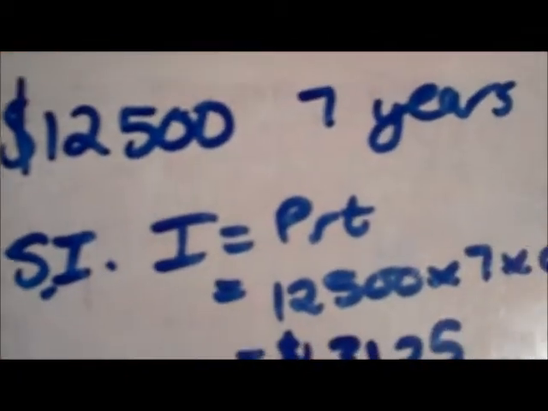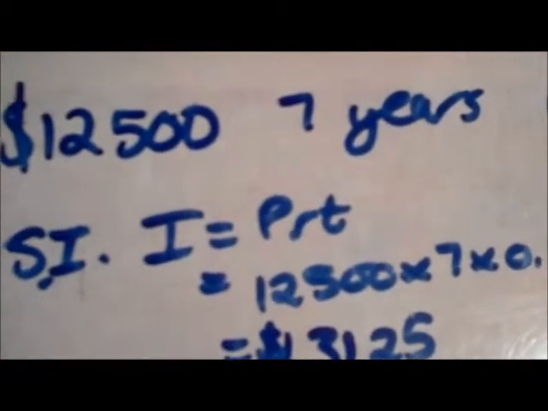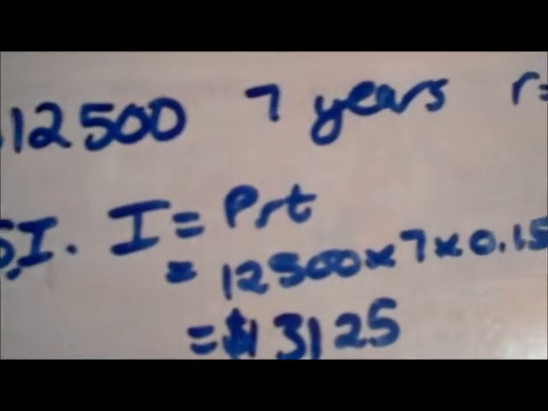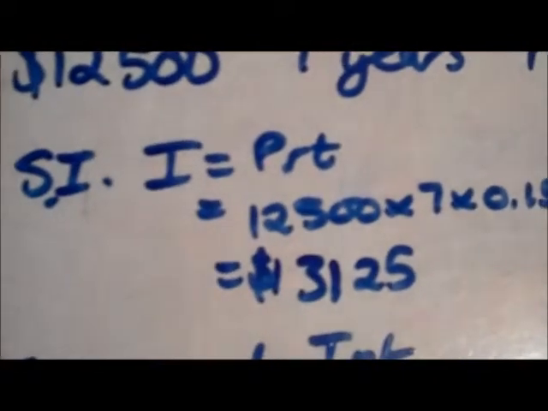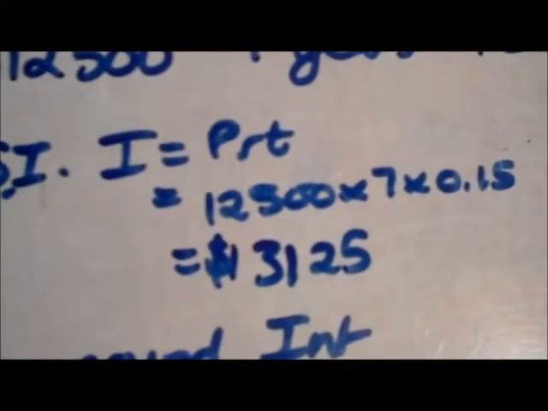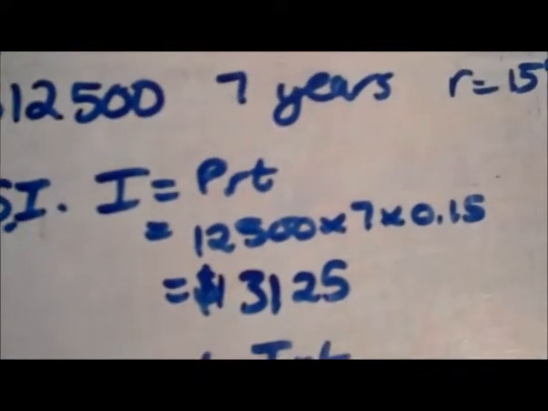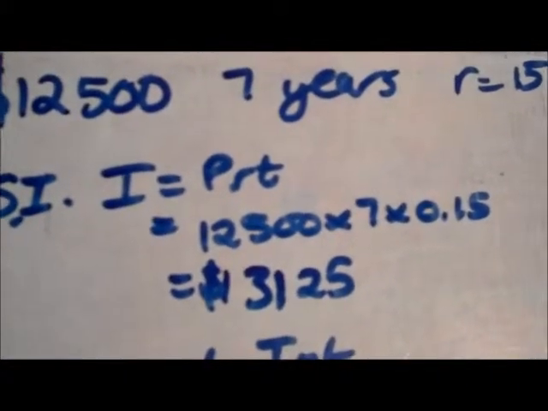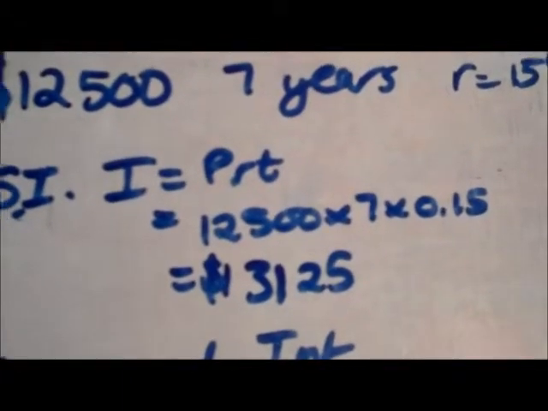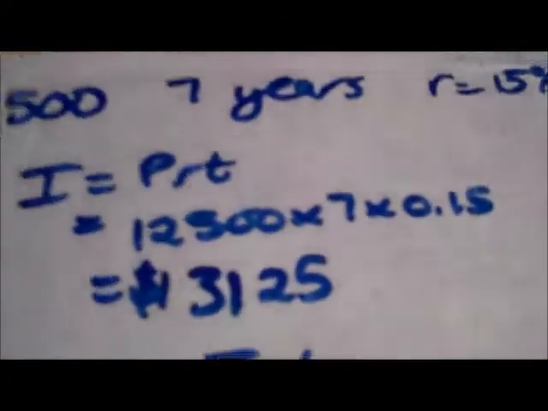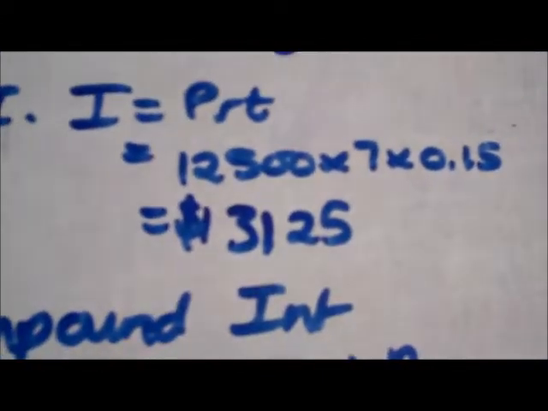So let's do a comparison now between simple interest and compound interest. I borrowed $12,500 for 7 years at 15%. So if it was simple interest, it would be a simple case of I equals PRT. So $12,500 times 7 years times 0.15. I've actually swapped those two around. So that's actually T. That one's T and that one's R. Doesn't matter. So that works out at